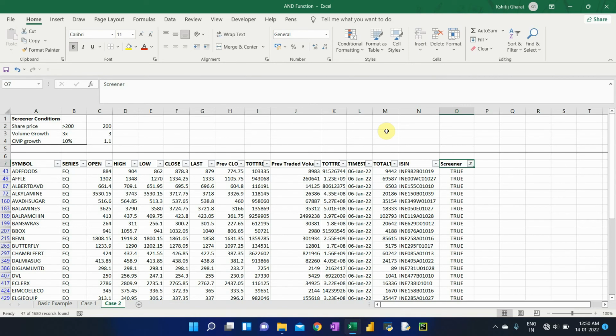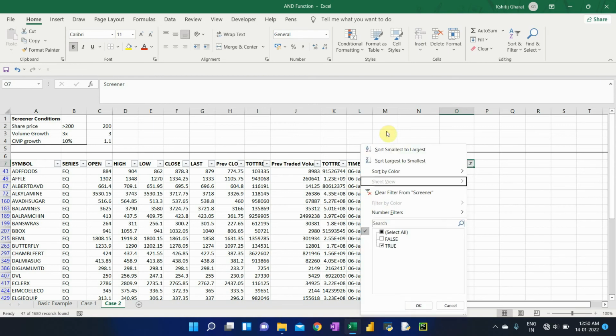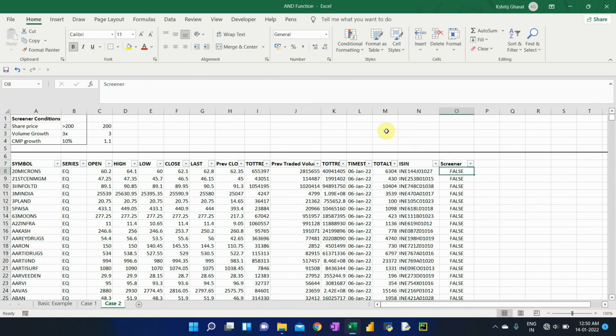Now all this while we have been committing an Excel crime, which is we were using static values in formulas, which should be avoided at any cost. So if I have to restructure this formula, I'll do the whole thing again. I'll press is equal to and I'll define the first logical test, that is my share price or the closing price more than 200, but this time instead of typing 200 I'll link it to cell C2 and I'll lock the cell so that whenever I am copy pasting the formula it does not take relative references.